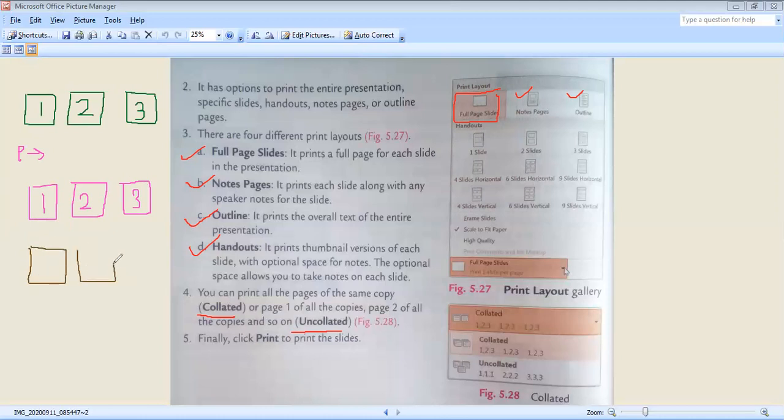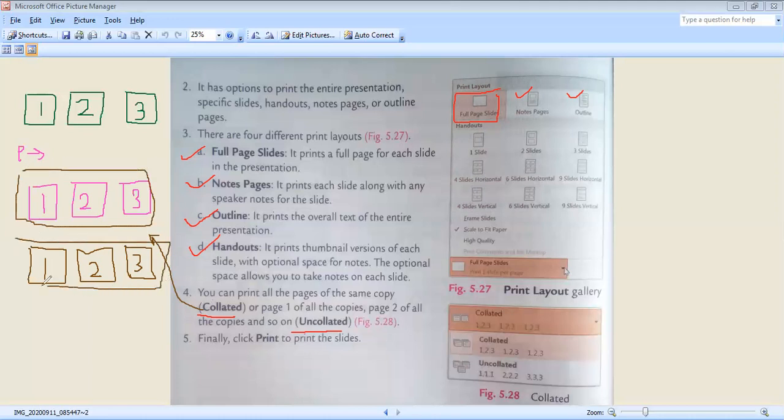After printing the first page, you go to the second page and print it. So this is page number 1, page number 2, page number 3. In case of collated, first these 3 pages will be printed, and then these 3 pages will be printed. So this is collated.